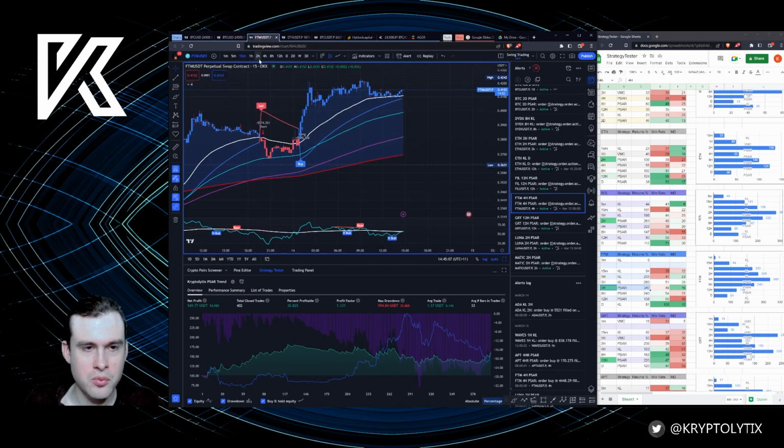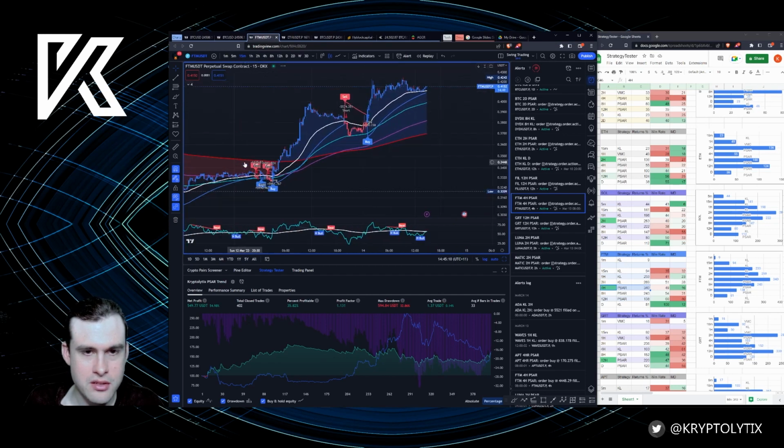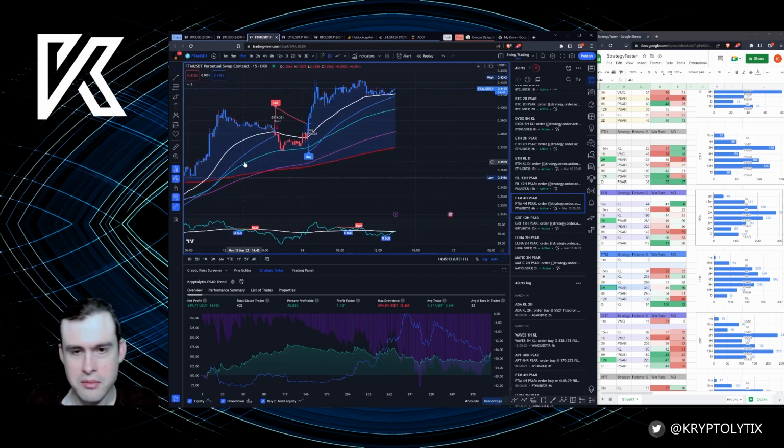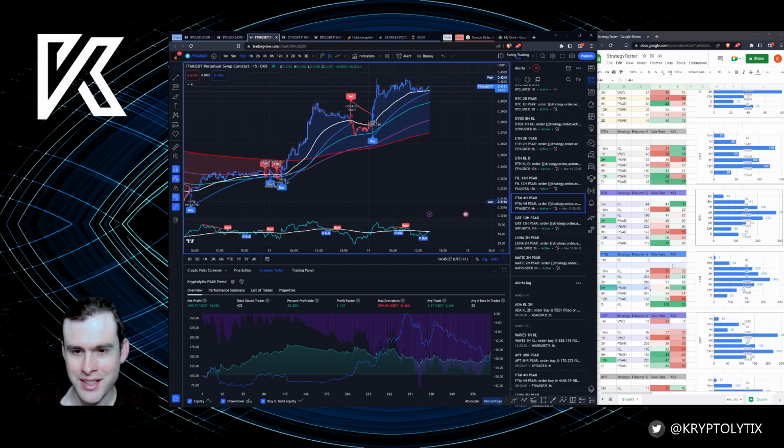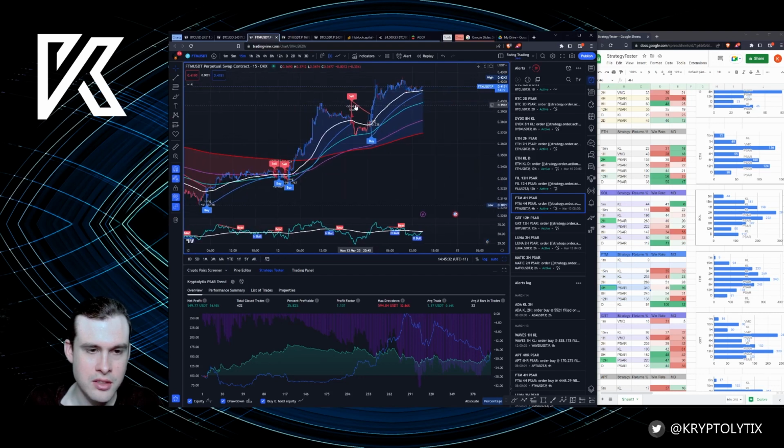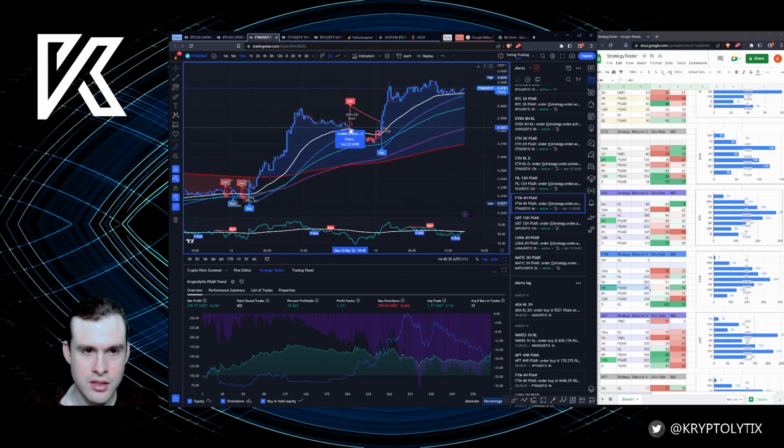I wouldn't recommend waiting for the retest every time though. If you're already in a few longs, then maybe you can be a bit more patient. Like I missed a Lunar long, and that was all the way down the bottom because I was just like, I'll just wait for a retest. Didn't happen. Just shot off without me. I'll show you that in a sec. But yeah, I mean, 15-minute retest I think is reasonable, to be honest. So the signal would have been there, and then you get an extra 4%. It's really not worth complaining about that. That's great, 4%. And that's reducing your risk as well. But then you just might not get into it.